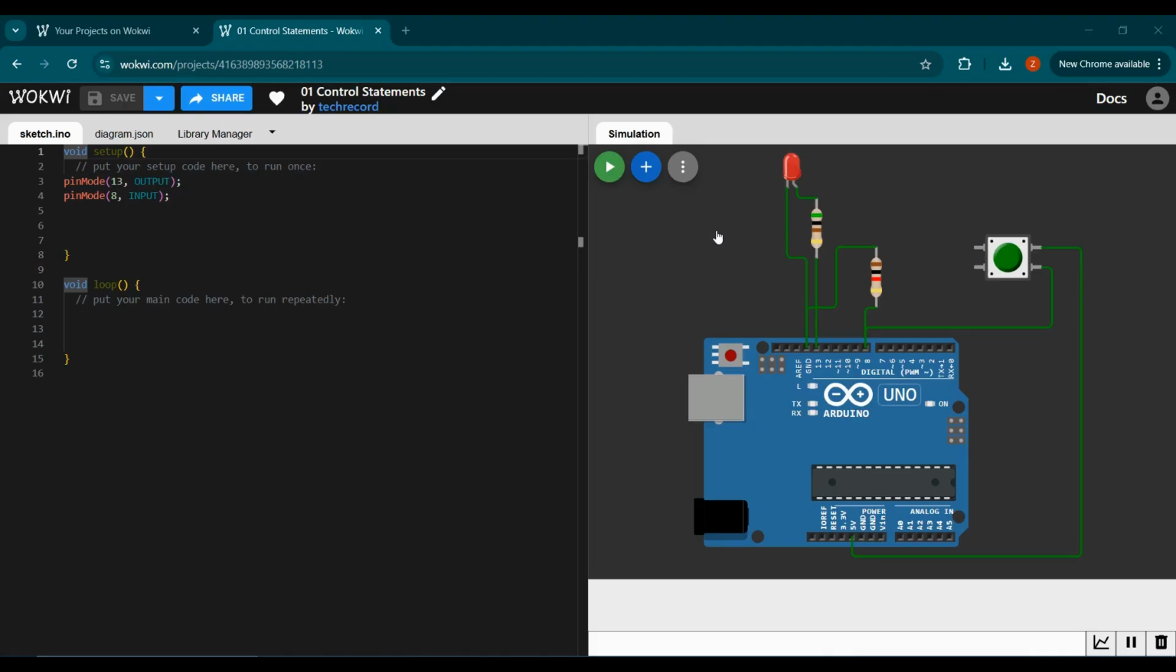Now, dear students, today we will learn and try to understand the control statements that are used in C language and the statements that are used for programming of Arduino microcontroller. First of all, what are the control statements? Control statements are the lines of code that control the flow of code, that at which condition what